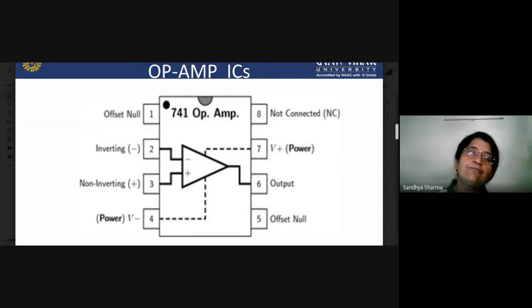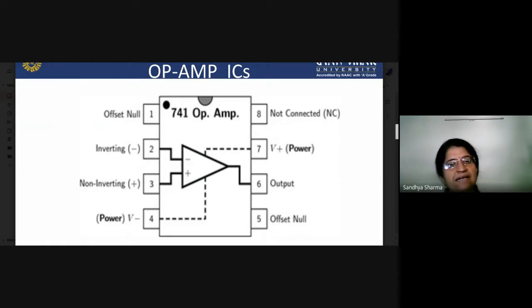All these four basic building blocks are built into this small piece of IC, and we have 8 pins provided on the outside of this IC for different connections. First of all, we will see one by one what pin numbering is provided here and what the basic meaning of each pin is. First, pin number 1 is the offset null pin. What we have to do with this pin, we will see further on.